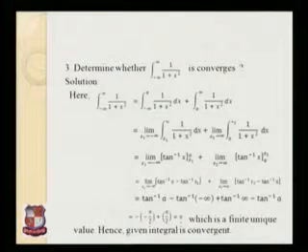Solution: here integration from minus infinity to plus infinity 1 upon 1 plus x square can be rewritten as a sum of two integrations, that is in the first term from minus infinity to a 1 upon 1 plus x square, and from a to infinity 1 upon 1 plus x square dx. Now in the first integration lower limit is minus infinity, so it is a first kind improper integral. So we replace this number minus infinity by